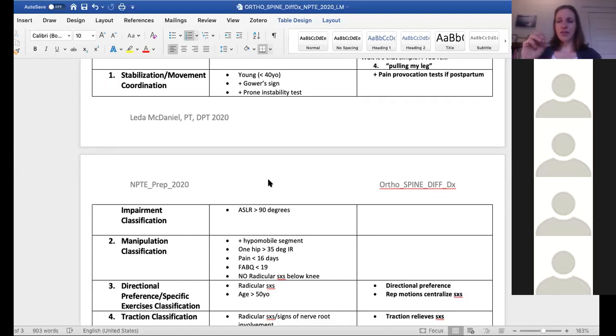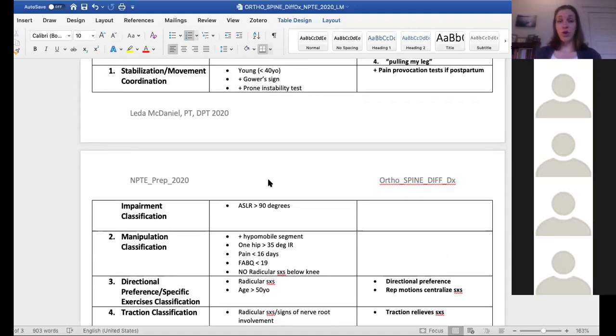Some of those findings are either pulled out or plugged back in, the factors that define these different treatment-based classes. But the standard things that are going to help you categorize into these different classes are, for your patient who may need some movement coordination training, they tend to be young, they tend to have a positive Gower sign, they tend to have positive instability tests, so prone instability tests, more flexible, and they need more stability or more muscle control. So weakness usually of the deep core muscles, could be weakness of the hip muscles, and just inability to